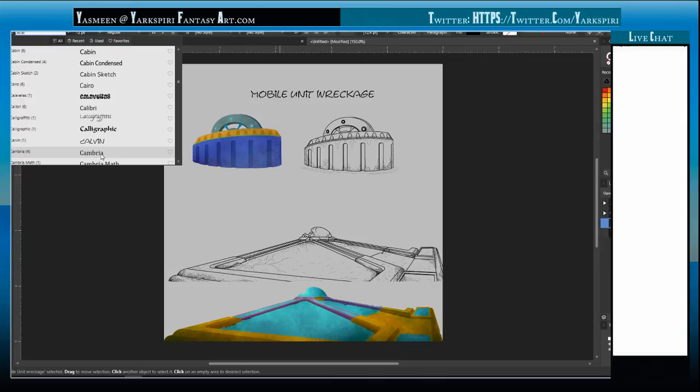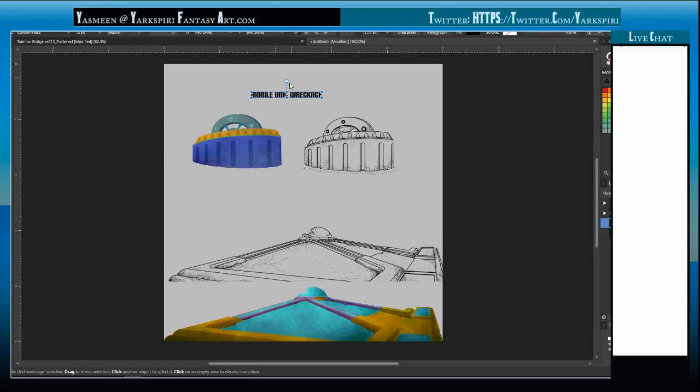Might take longer than I expected. I also normally set up like a couple of options. I'm just going to use this one for now. It's actually not a good font for this, but